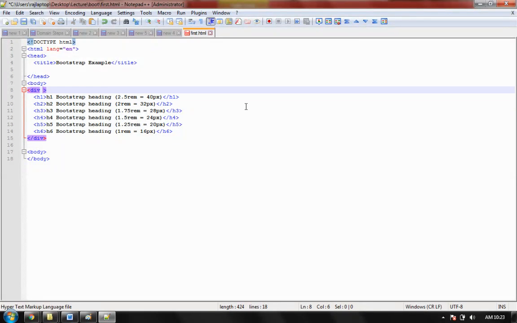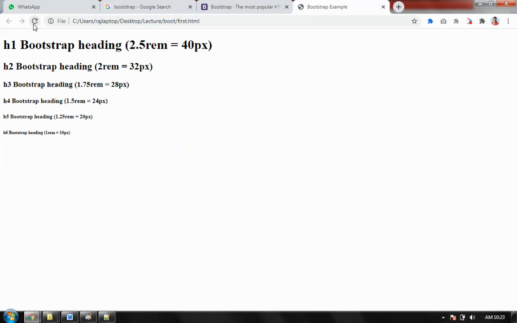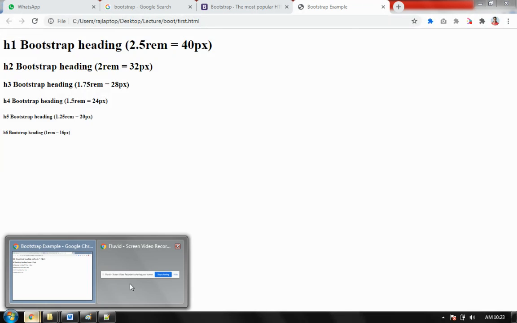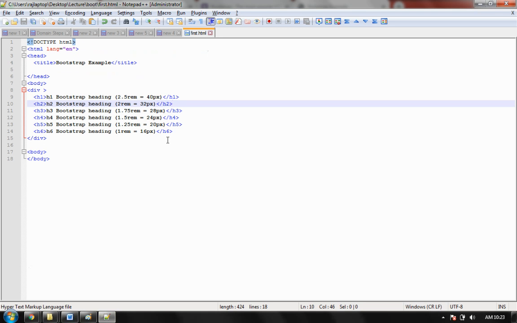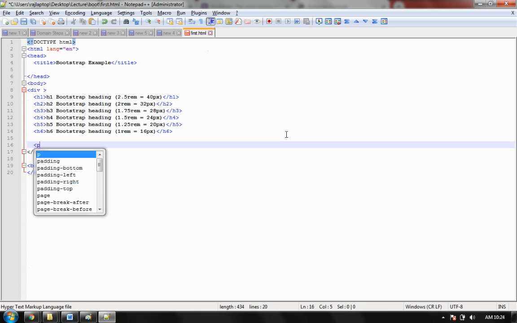So this is a general command. That is, I'm creating a div. Inside the div, I'm creating H1, H2, and so on. So they are created. I come here, refresh the page, and I get the data. This is the normal data we get. No problem. Fine. Clear. Now after this, I try to insert a paragraph here. So I'll be using the p command.